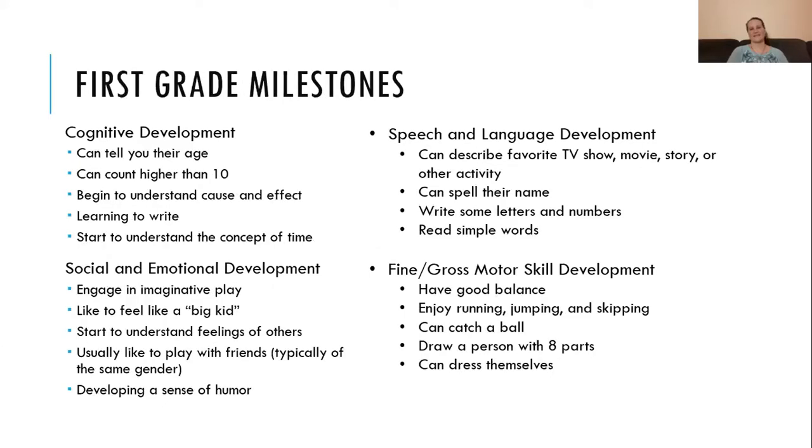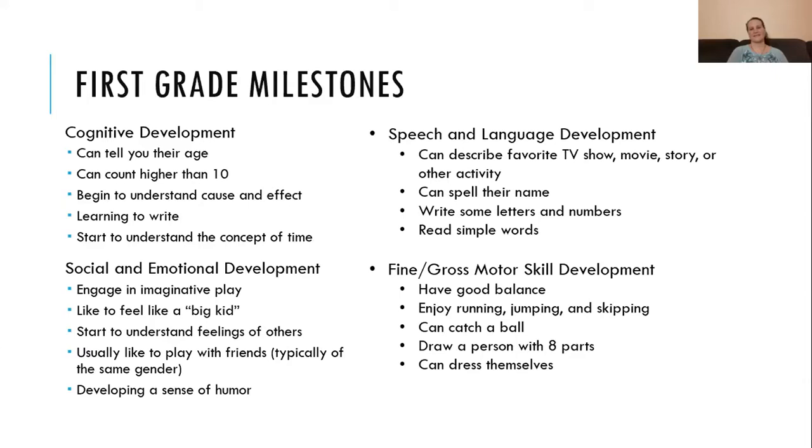1st graders cognitively should be able to tell you their age, and they should be able to count at least up to 10. They should start to understand cause and effect. So when I do something, there's going to be a consequence, and they should start to be able to differentiate that. Learning how to write, as well as starting to understand the concept of time. So they might have a Paw Patrol or something that they like to watch at a certain time. So they start to have that development and understanding,